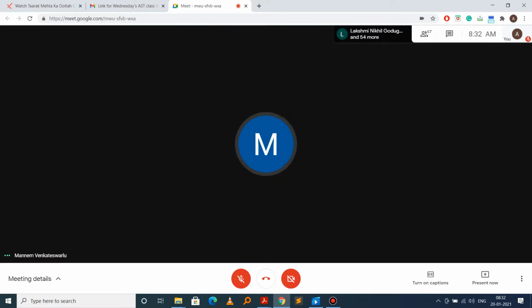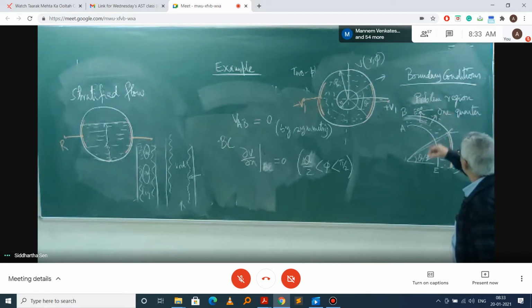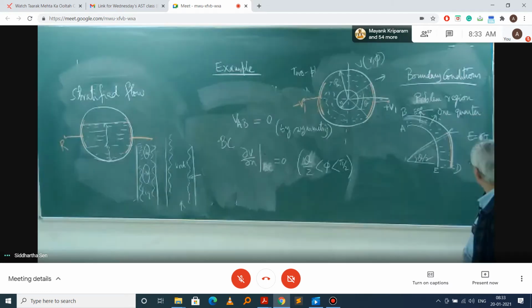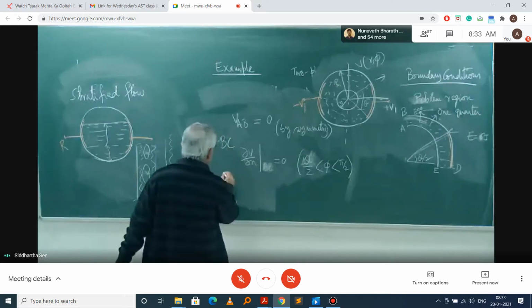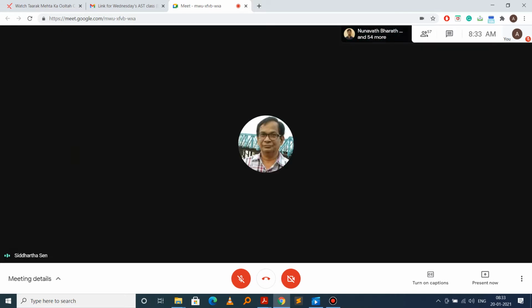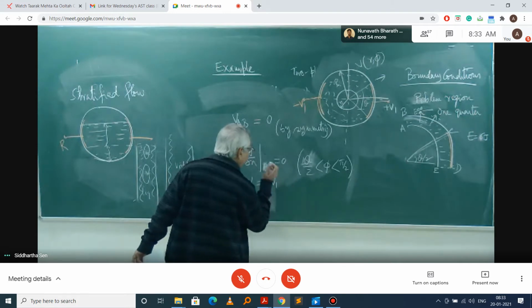Theta by 2 is, suppose, pi, and this is equal to pi. I put it like this, so that in this direction del V by del N is equal to 0. At that point, theta by 2 becomes angle pi by 2, so it will always be 0 there. Then we say it is CD, and along CD, V is equal to V1.